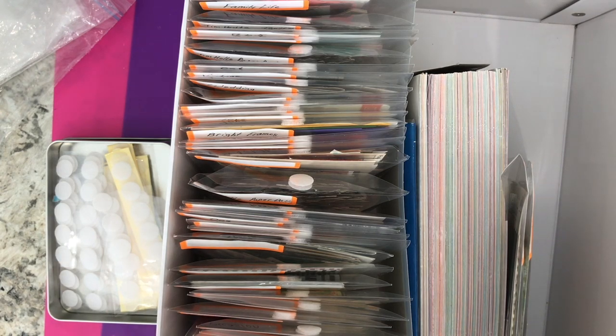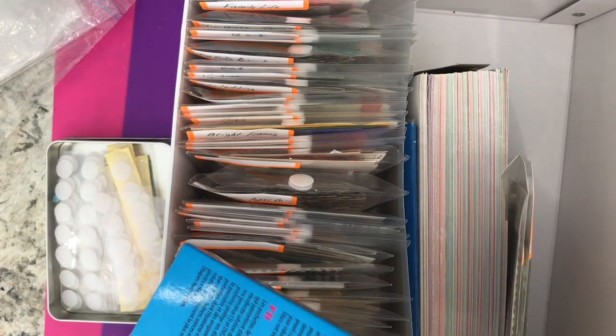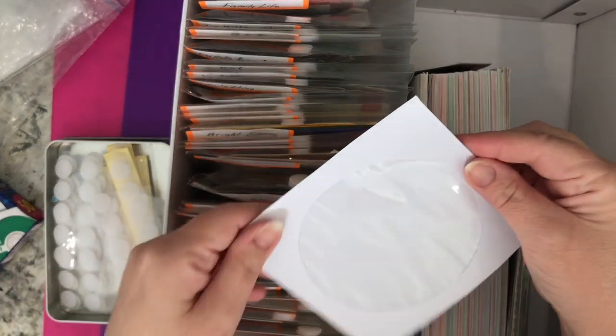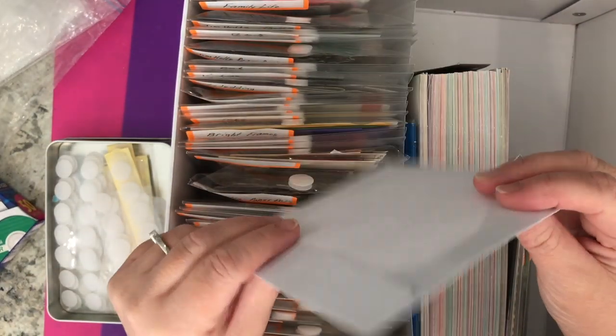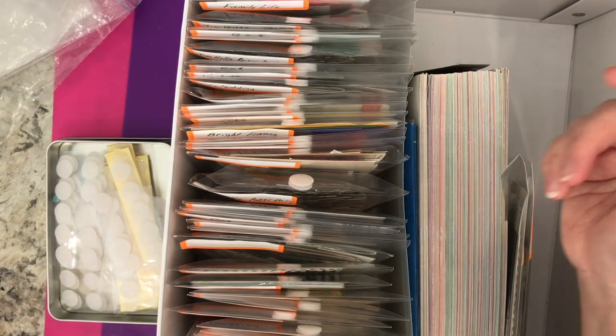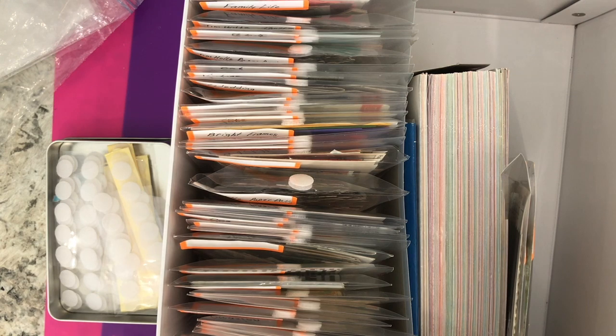And what happened is that these CD and DVD sleeves that I thought were going to be my solution turned out to be too small for a lot of the die cuts I have. So I scratched that project, and then I went searching for some other pouches